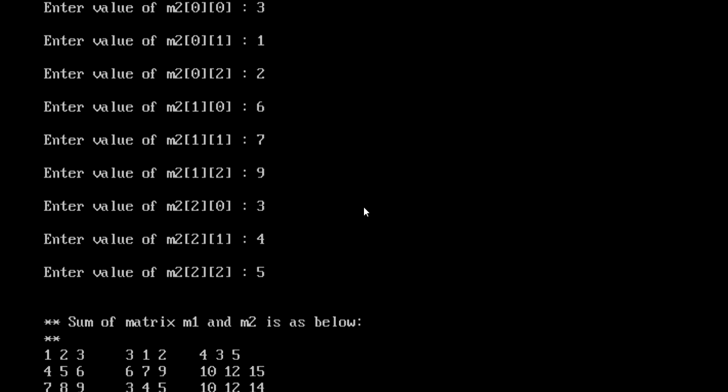And in the same way 2 plus 1 equals to 3, then comes 3 plus 2, that is 5. Then on the second row 4 plus 6 is 10, then 5 plus 7 is 12, then 6 plus 9 is 15. In the same way we are adding the third row, and this is how we can perform the calculation on the matrix.